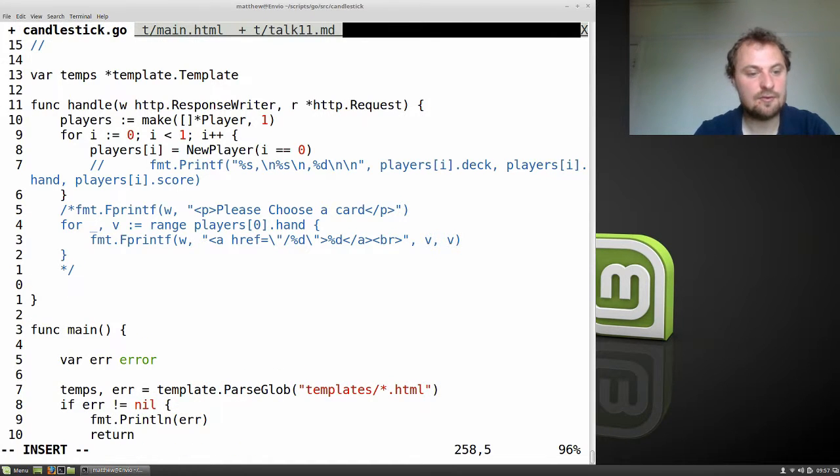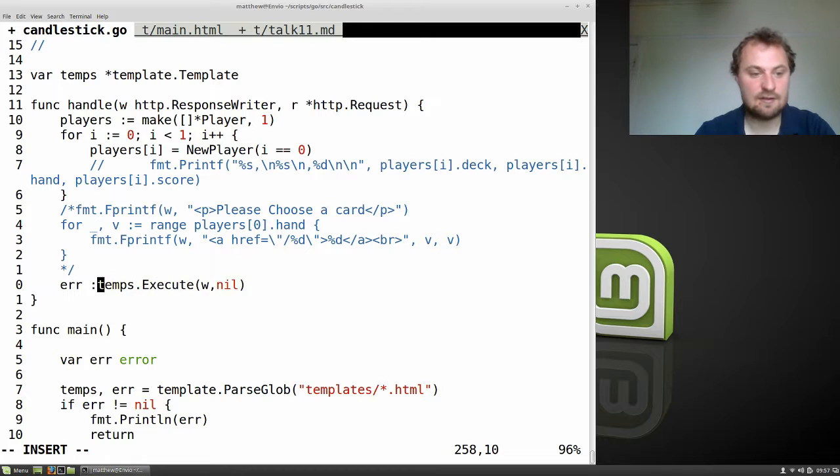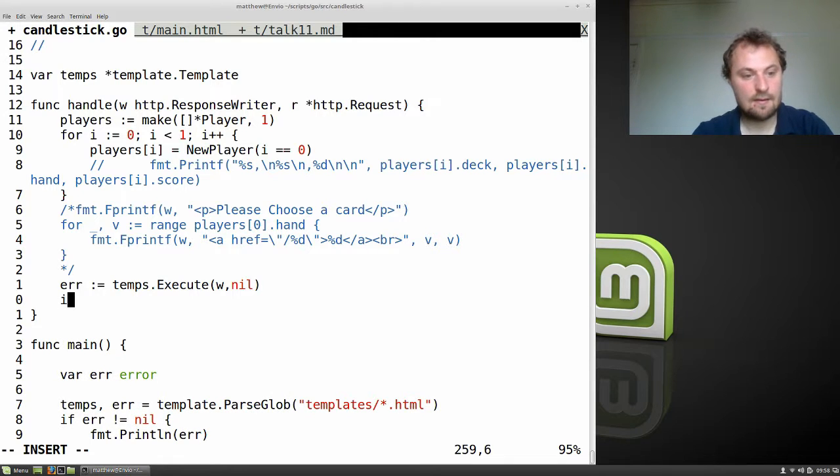And instead, we of course need to write it. So temps.execute template. Execute. And of course we need to tell it where it's going to execute it to, and we're going to send it no data on this occasion. And again, we'll have an error. If there is an error, then it's good to be told. If error does not equal nil,